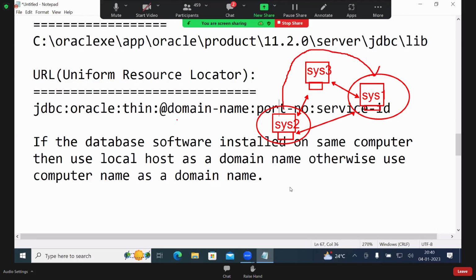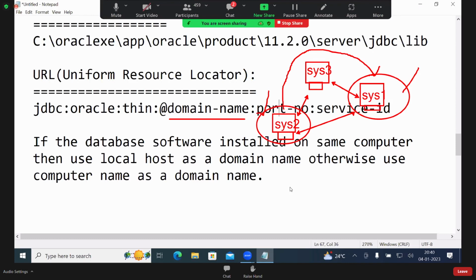Then what have we tried here? System 1 we have tried. Then while running this Java program, it is connected to this system's database. That is the reason for the domain.